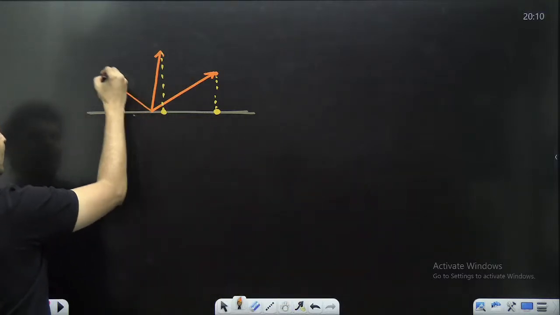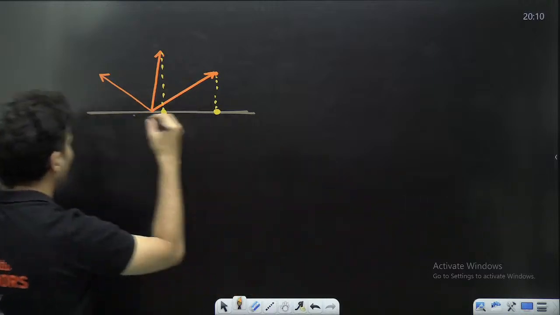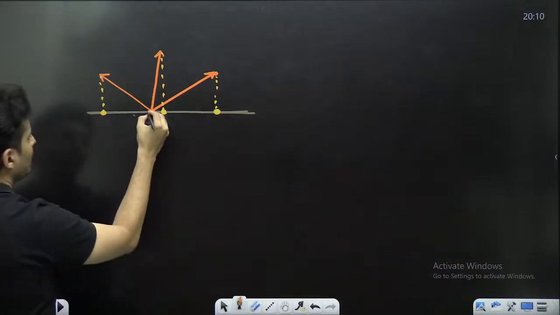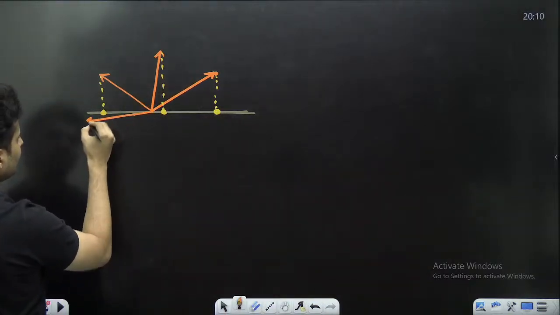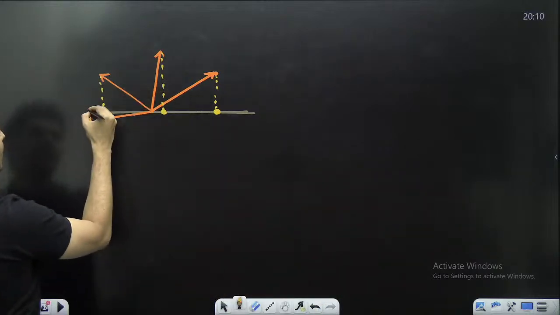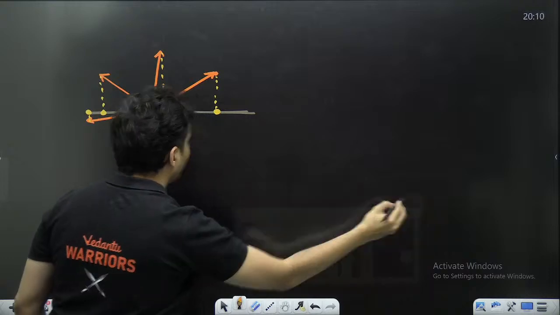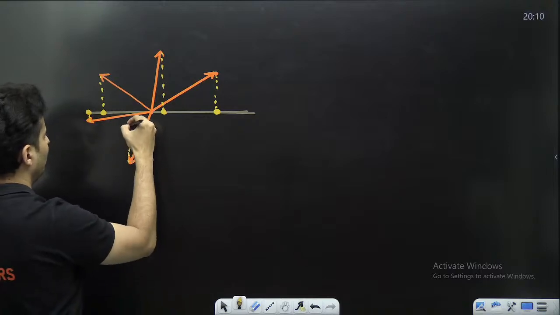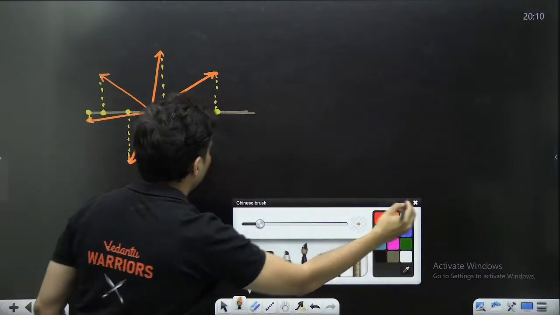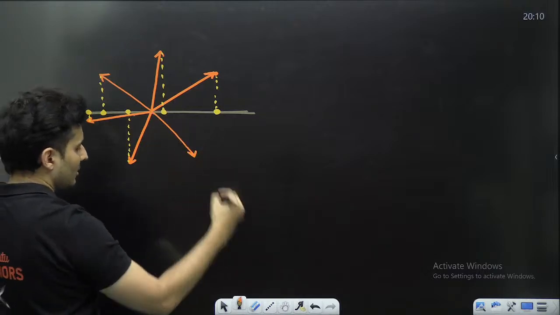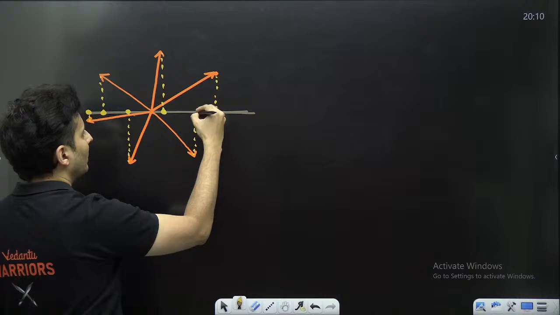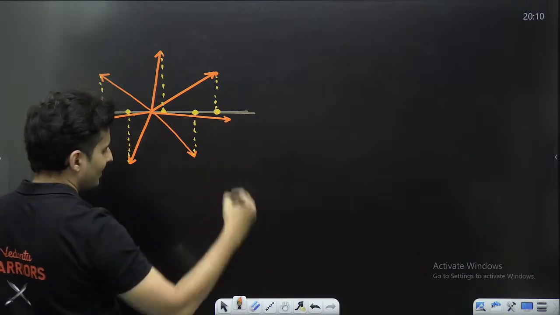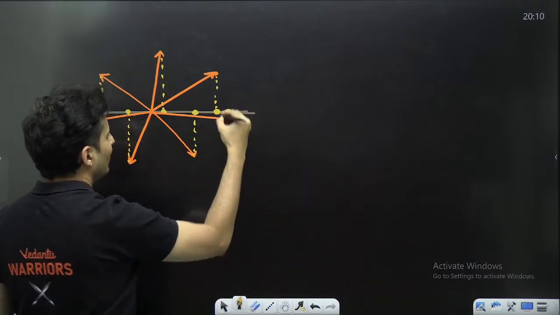After some time, that point reaches here. Your job is only to drop a perpendicular, so you drop a perpendicular on this gray line. It is over here. After some more time, the point reaches over here, and the perpendicular is over here. After some more time, the point reaches here, so the perpendicular is here. After some more time, you are here, and since your job was only to draw a perpendicular, you are here.